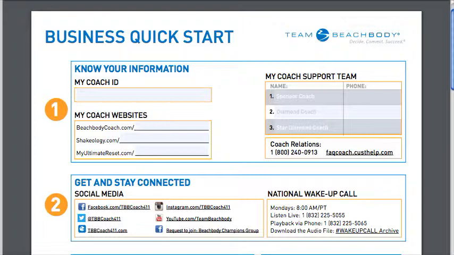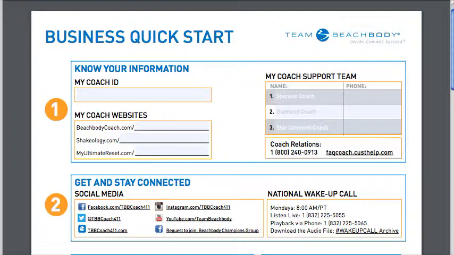It's a 7-day quick start for you to start your business successfully. This can be found in the back office if you haven't gotten one emailed to you already by your coach. It can be found in the back office under training forms, and it is called the 7-day quick start under getting started. So if you're a coach on Team Inspiration Nation and I am your upline diamond, then I want you to fill this out right when you sign up to become a coach or right when I send it